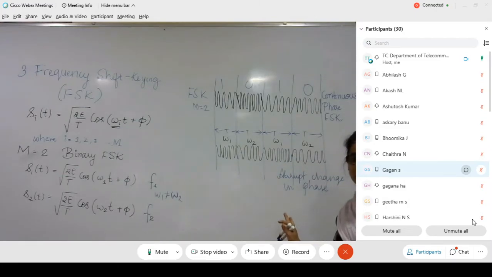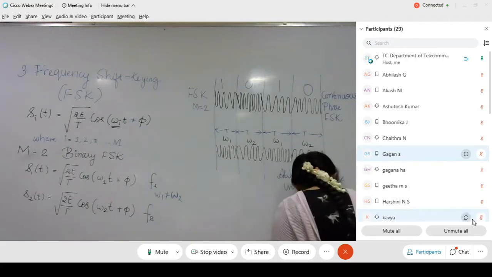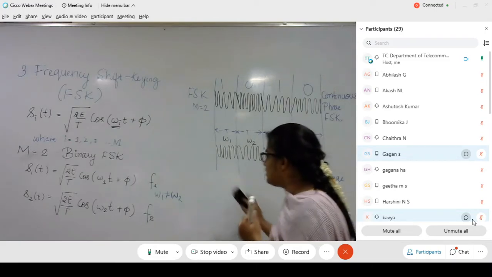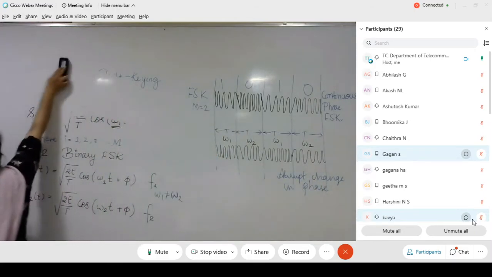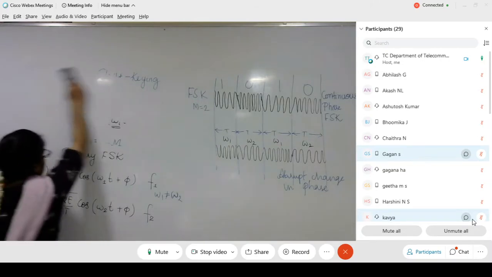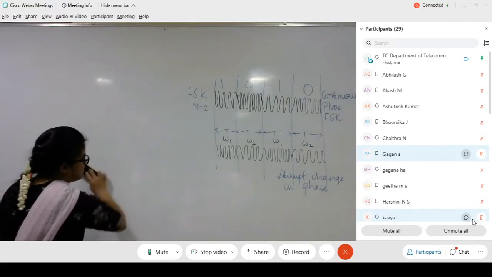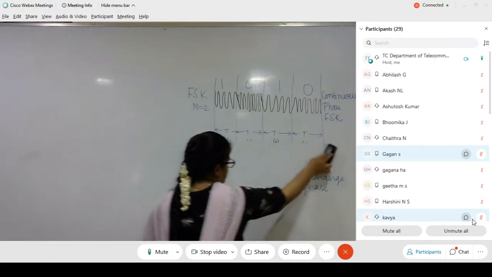Is this understood? So far we have discussed three different basic digital modulation techniques: ASK, PSK and FSK. I hope this is clear. If it is okay, then we can go on to another variation in digital modulation technique, which is ASK combined with PSK. That is another type of modulation technique, which is mostly used for practical cases, like in your mobile technology. They are going to use that type of modulation technique.